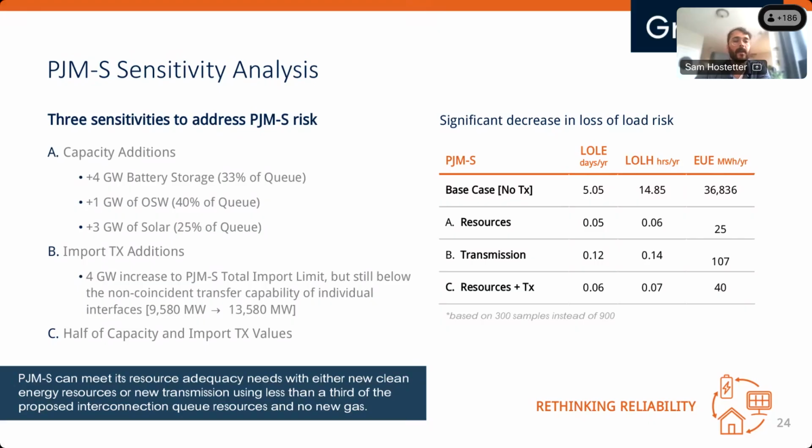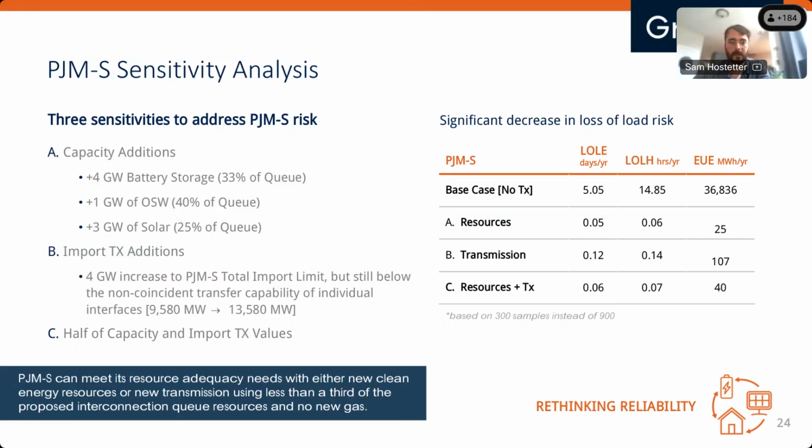And then sensitivity C, we took about half of the capacity and import transmission values and added it to the PJM South region. Taking a look at the table here on the right, we see a significant decrease in loss of load risk, down from over 5 days of loss of load risk in the no transmission scenario to under 0.1 for sensitivities A and C, demonstrating that even just a fraction of the interconnection queue that's available,